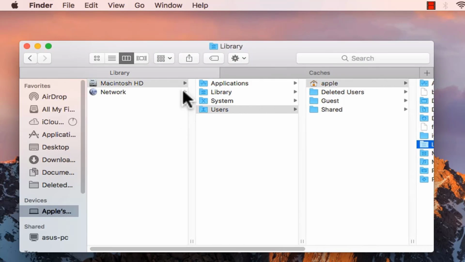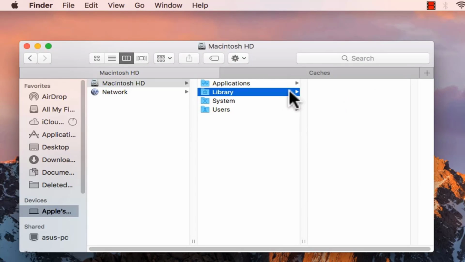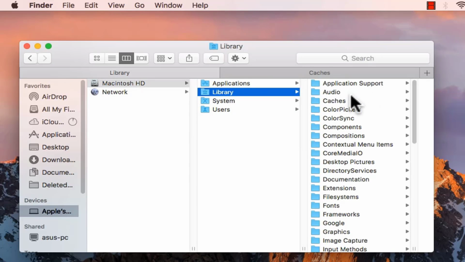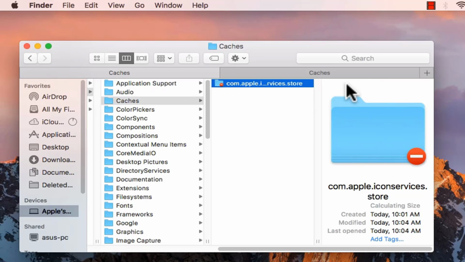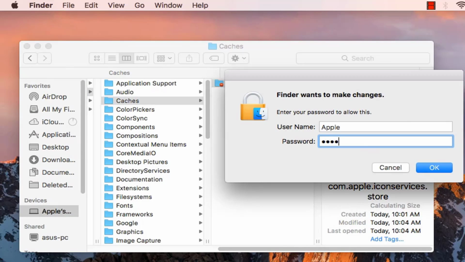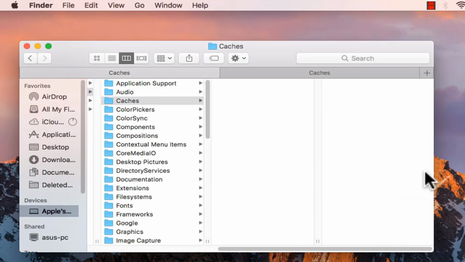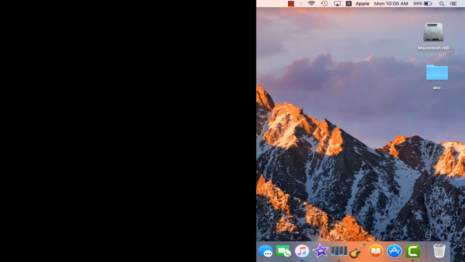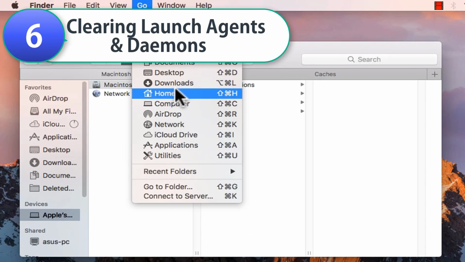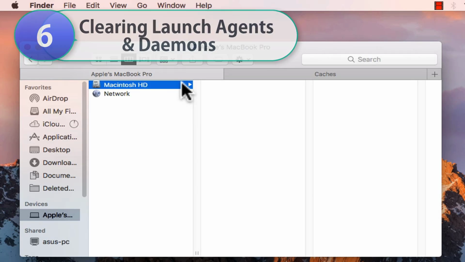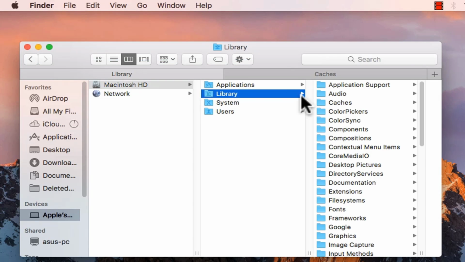Scroll back, Macintosh HD, library. We are in the user account. Look for cache and delete this cache file. Move it to trash. If you have 3 or 4 user accounts, ideal scenario is you log into each user account and clear off cache from there. We need to be going to Finder window, go menu from the top, Computer, Macintosh HD, Library,